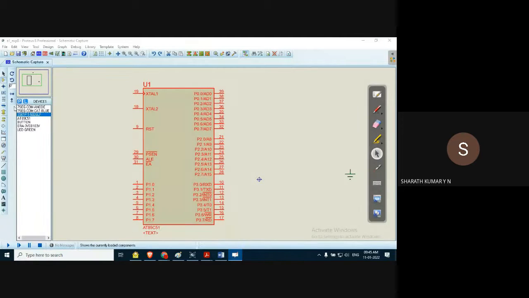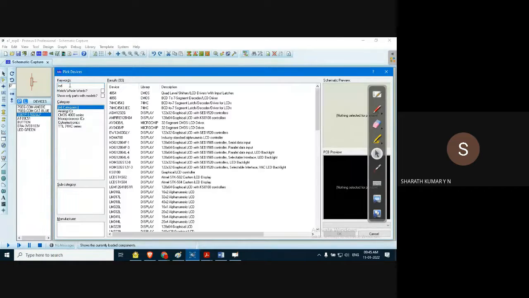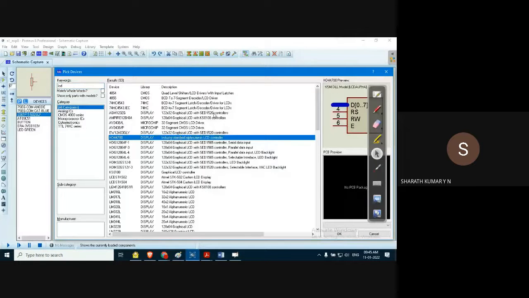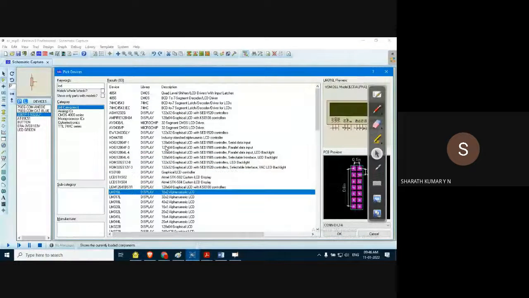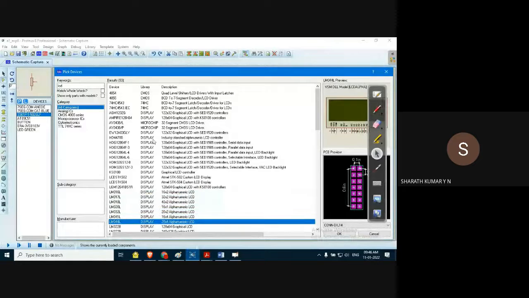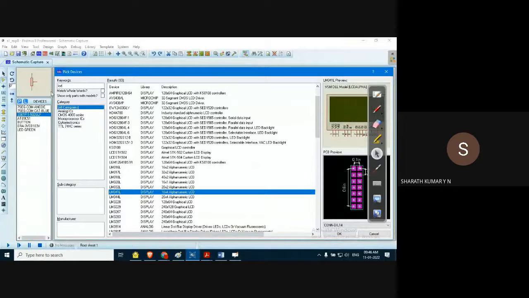Let us go for an LCD display. Similar method: go to component, select, and search for the component. It is an LCD display. In LCD display, again you'll find hundreds of various types of components. We find the driver ICs also. What we want is a display, an LCD display. Now you will find a lot of display devices. So this is easy to find out.